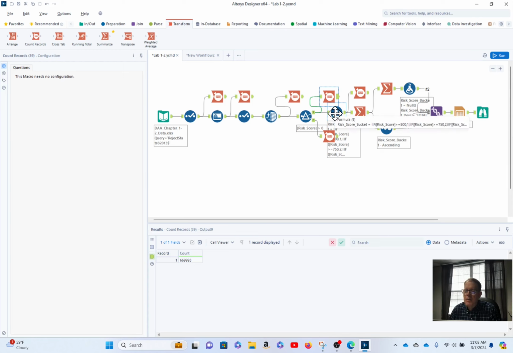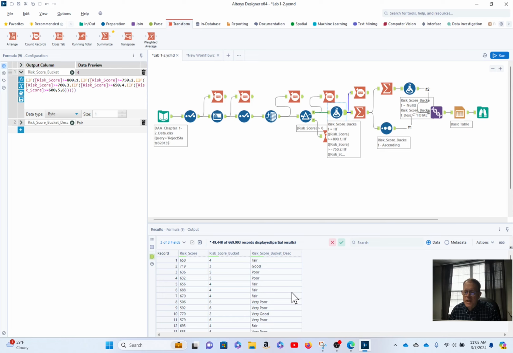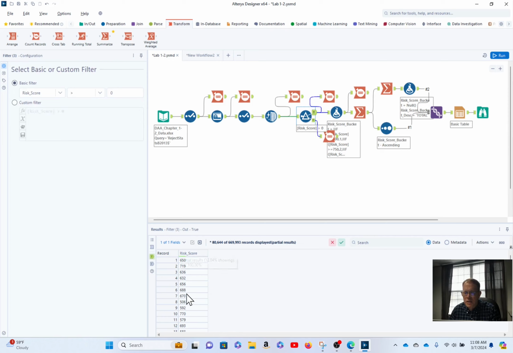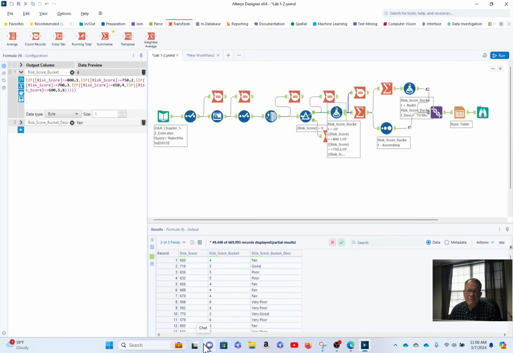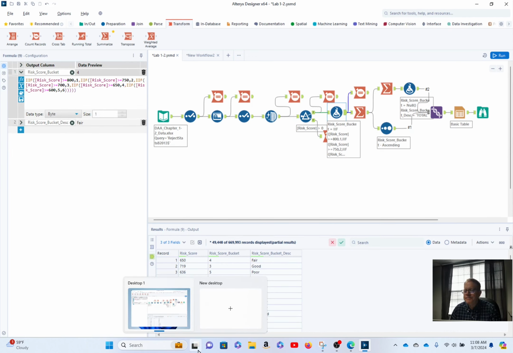And the next thing I wanted to do was basically add a couple of columns to my data. If I look right here, this is what my data looks like off the true side of this filter tool. Just got a single column of data. I want to add a couple of columns, and these are, you might say, calculated columns because they're based on